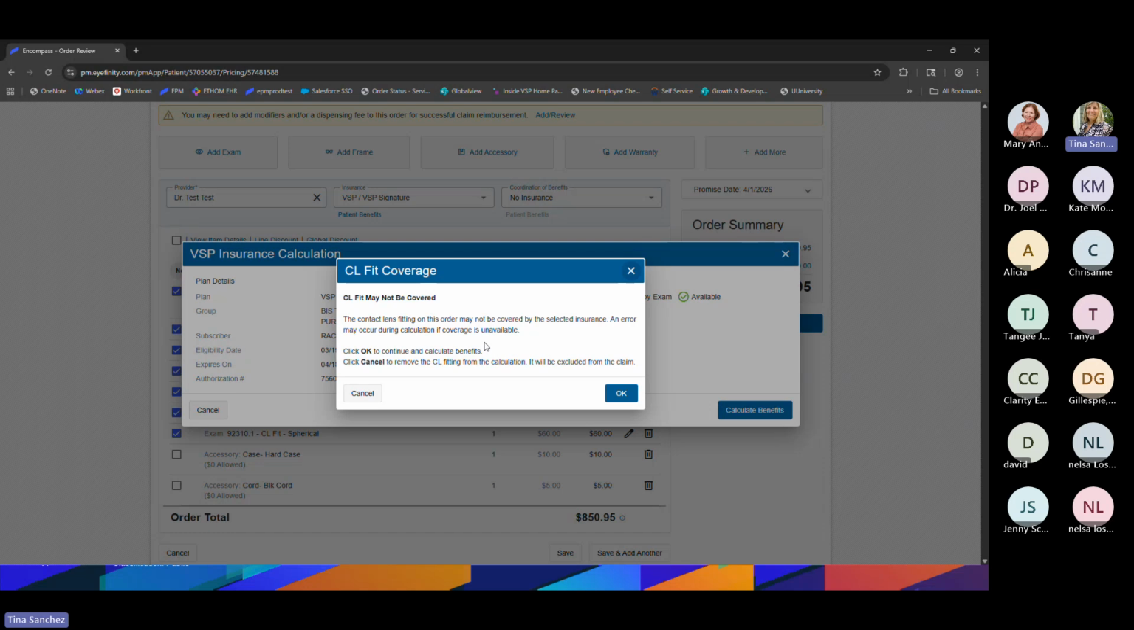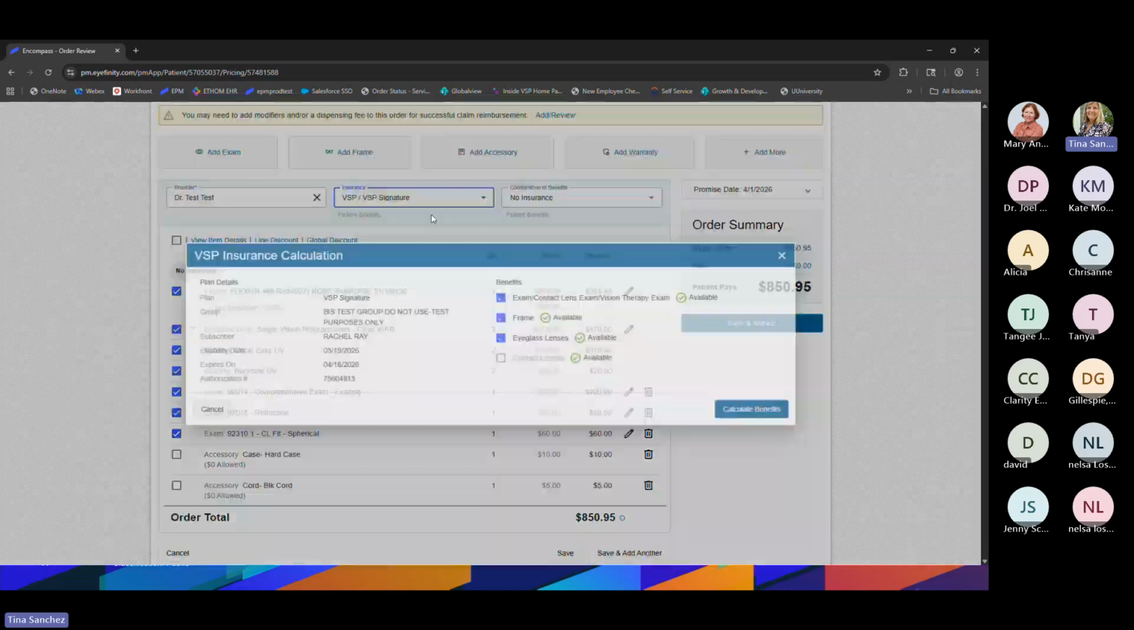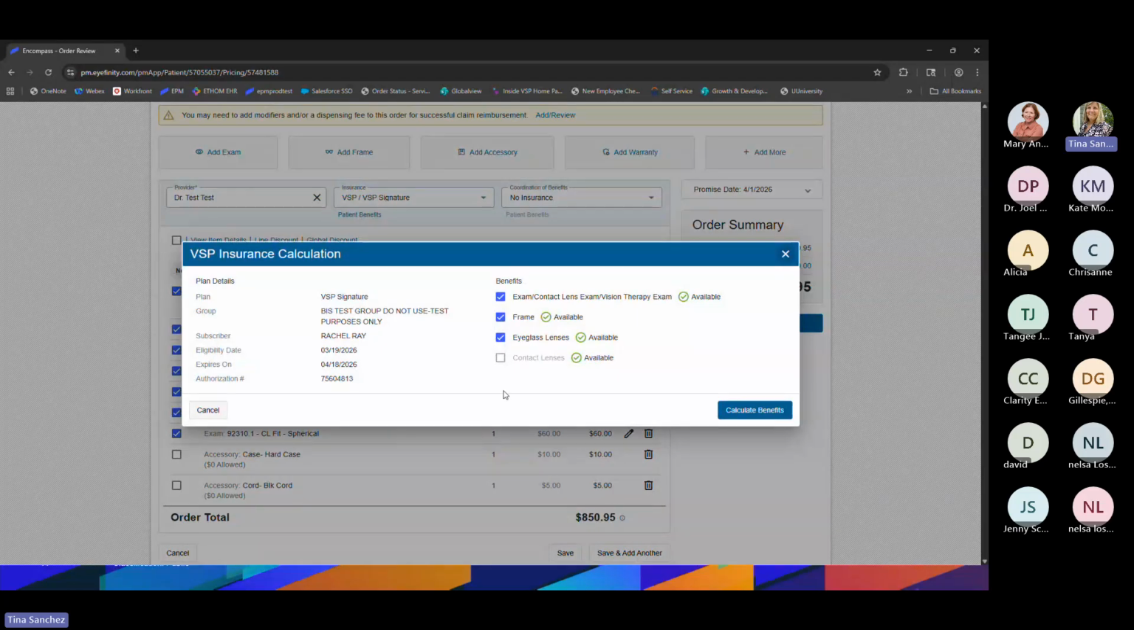So this is a great example of having something checked off on your pricing screen and the system is telling me, hey, may not be covered. You want to check this. So I'm going to cancel out of this and I want to show you guys something. So you see right here for my VSP, contact lenses is not selected here. And when I started out with my authorization, I purposely made it where I didn't select the contact lens services,